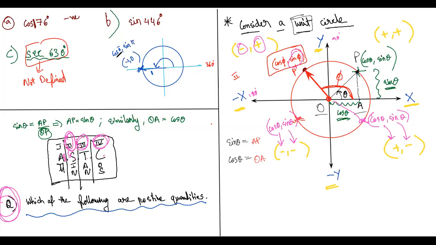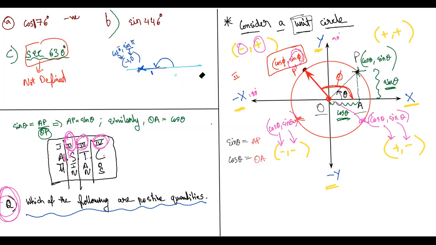That means cos pi will be -1 and sine pi will be 0. Similarly, what is cos 3 pi by 2? That is this point, and sine 3 pi by 2 will be 0 comma -1. So you see the circle will help you come to the answer very quickly. That was the point. I hope this helps till here. Is that okay?